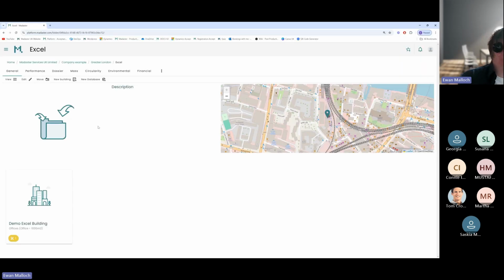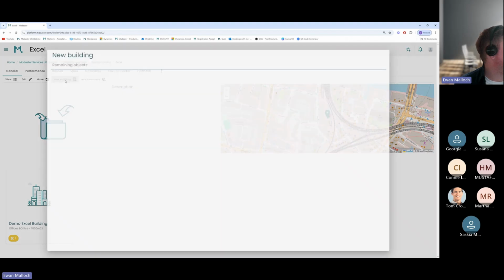What we're looking at here is a portfolio on the Madaster platform. I've created a little demo area so I can show you how the Excel upload works. The first thing you'll need to do is structure your account in such a way that you would like, and then create a new building or a new asset within that. I won't go into this in too much detail. We do have some other videos and tutorials on how to set up your account and how to set up new buildings. But essentially, within this portfolio, I can create a new building,